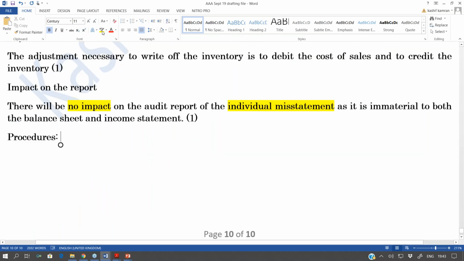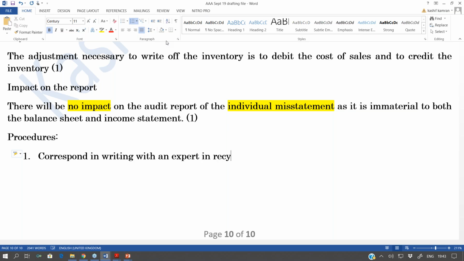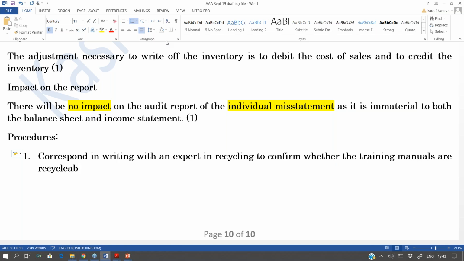And to write a procedure, what should we do? What is a good procedure? Recap quickly. To write a good procedure, what should we do? Action, source, purpose. Okay, number 1, correspond in writing with an expert in recycling to confirm whether the training manuals are recyclable or not,